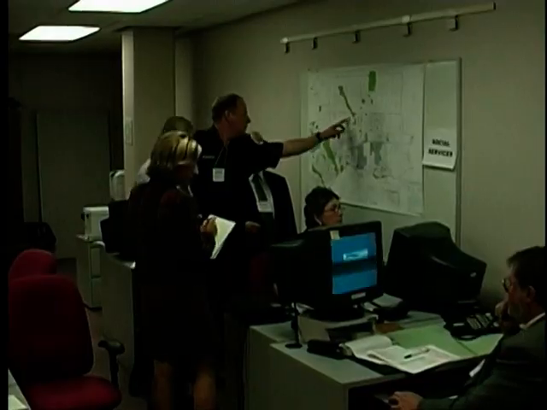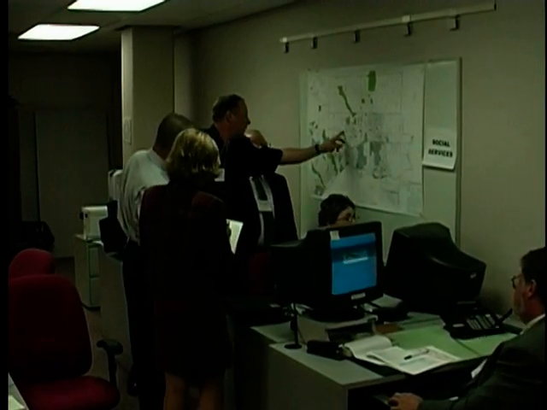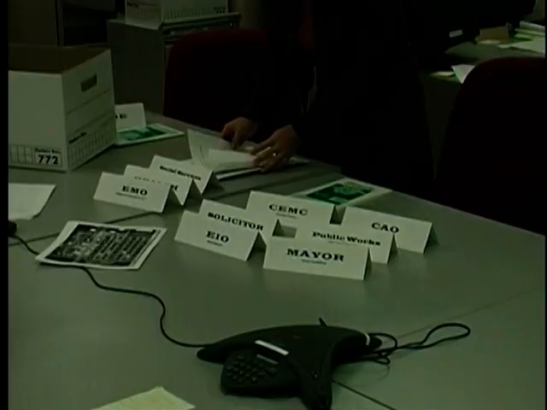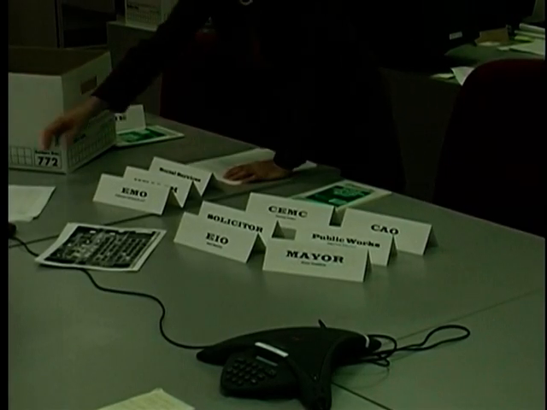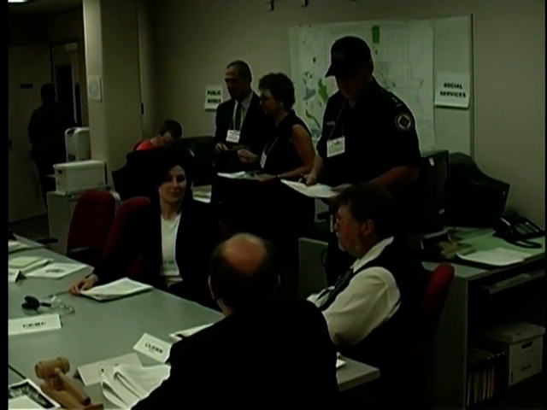During this video, we'll see the establishment of a Community Emergency Operations Center and the management of an emergency by the Community Control Group and support staff. Looking at members' individual and collective responsibilities, we will follow this group through the setting up of the EOC itself and several operation cycles.